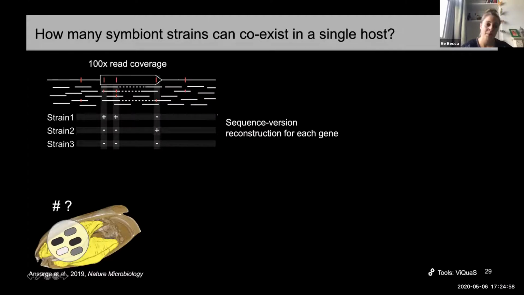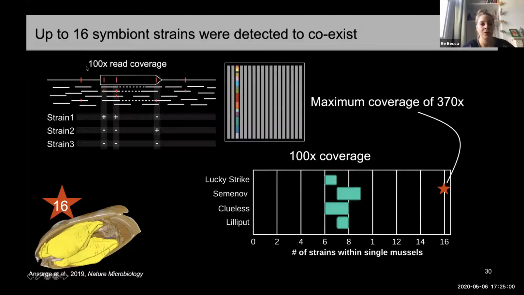Of course, for all this comparison, we usually take the same read coverage of 100x to be able to compare between host individuals. And by using that approach, we identified between 6 and 9 strains to be present within single muscles. And keep in mind that these are intracellular symbionts, which is something that is not really expected to exist stably in